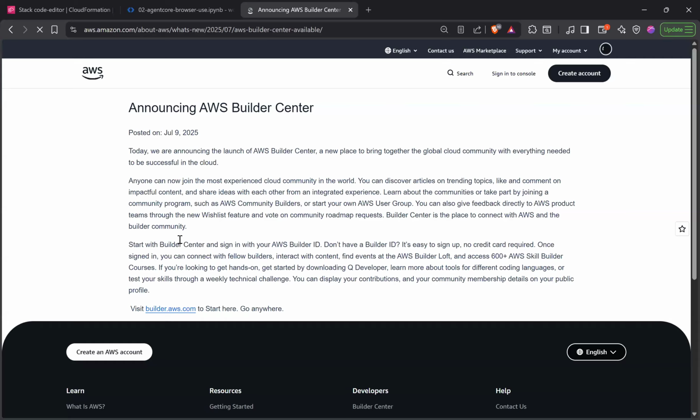I know it starts with an article. I don't know why it's not builder.aws.com. It's still fine. So here it is. If I go to /content,